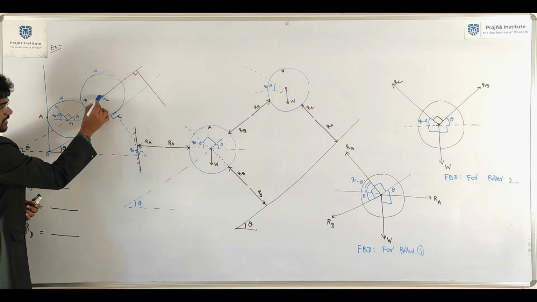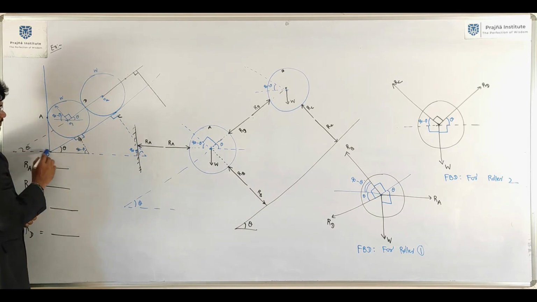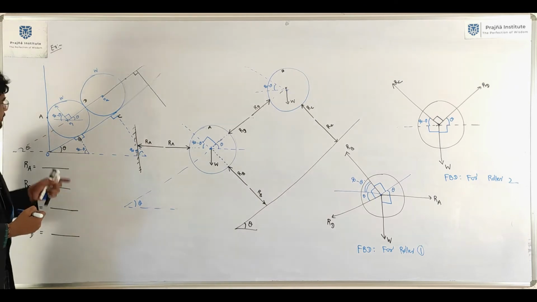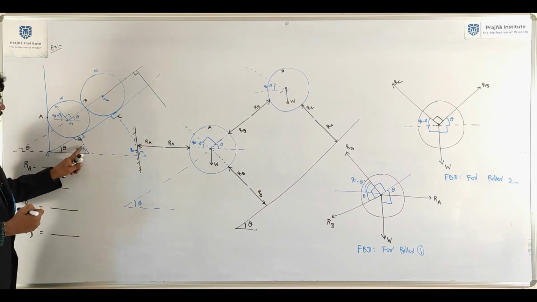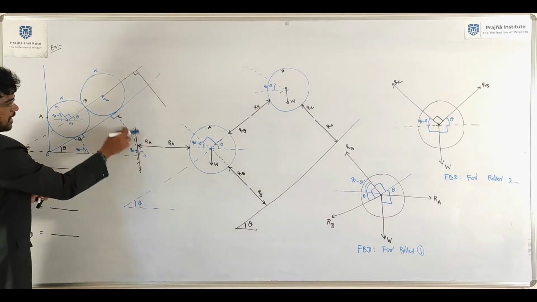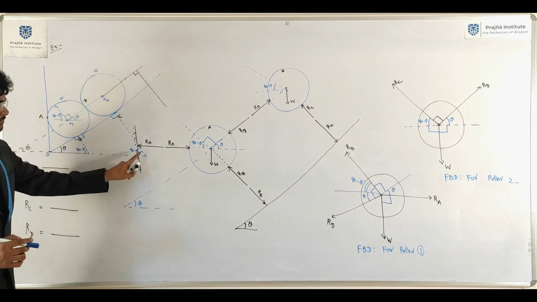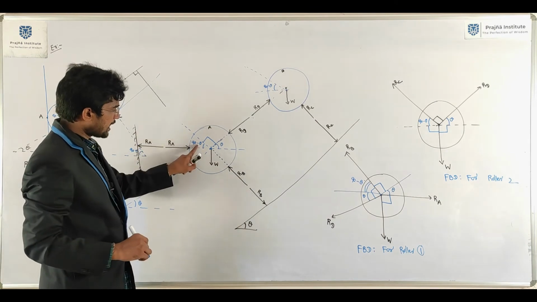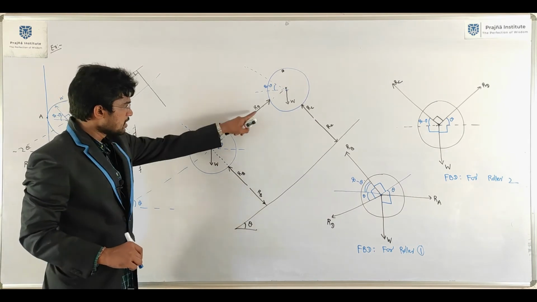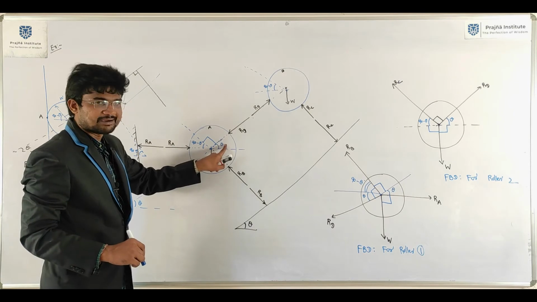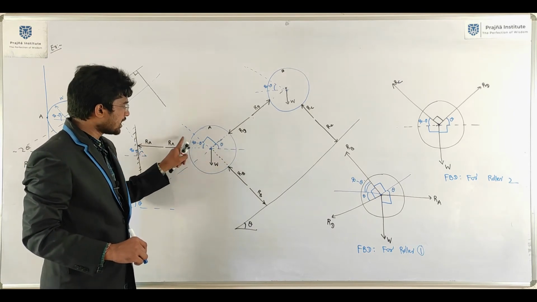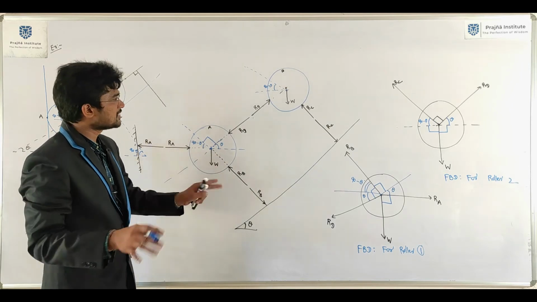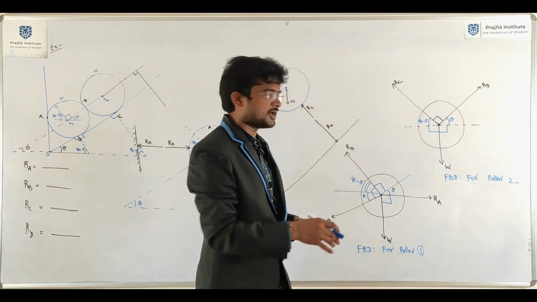Understood? Actually it is making an angle theta. Here these two are perpendicular. RB and RC make an angle 90 minus theta with the horizontal. Same thing, RB making an angle 90 minus theta with the horizontal. RD making an angle theta with the horizontal. RD and RB both are acting at 90 degrees, so these two are perpendicular. Just apply the same thing here.